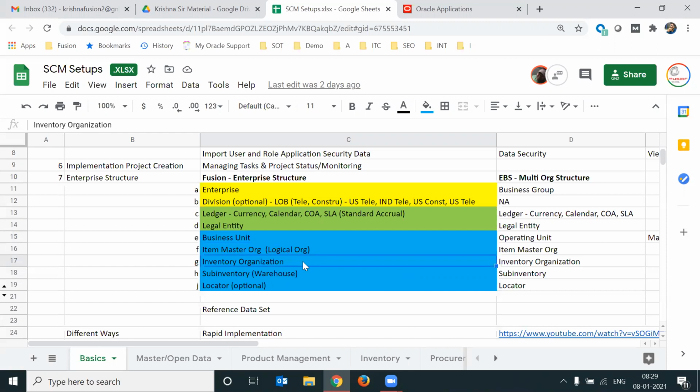From business to business, suppose you take manufacturing, suppose I have a plant in Hyderabad, I have a plant in Bangalore, then the inventory organization is called a plant. Plant is a business term, branch is a business term, but inventory organization is an application specific term, it is a technical term. What is the business terminology here? The branch is the business terminology. The branch is nothing but an inventory organization only. Plant is nothing but an inventory organization only.